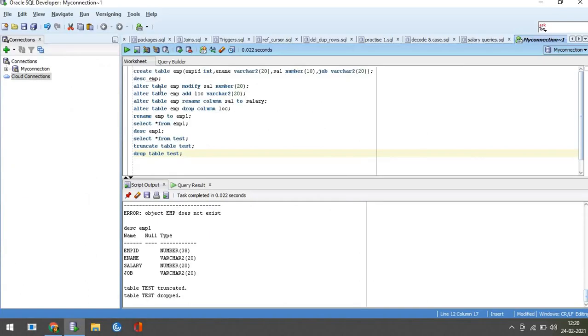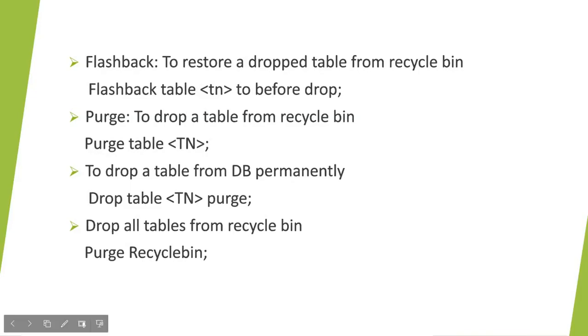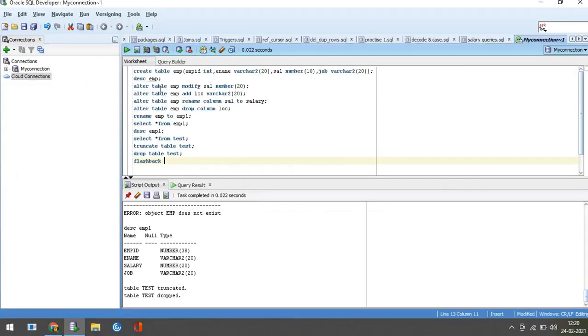See, I will get the test table from the recycle bin to the database by using this flashback command. Flashback. See the syntax: flashback table, table name to before drop. What is the table name? Test, to before drop. I am going to run this query.